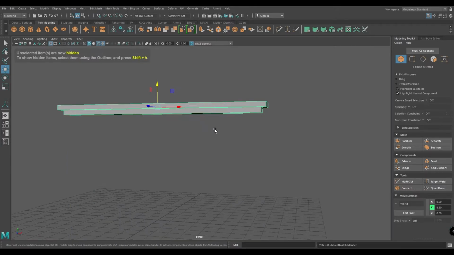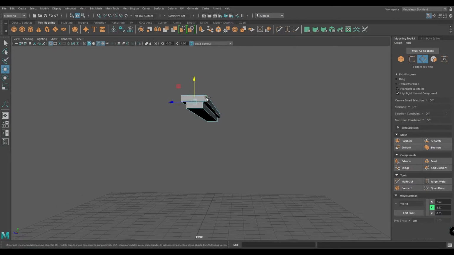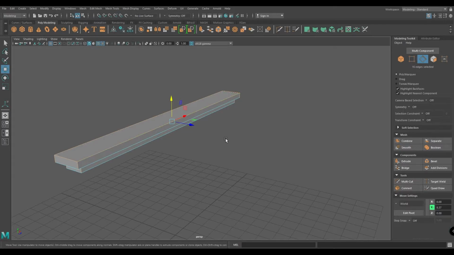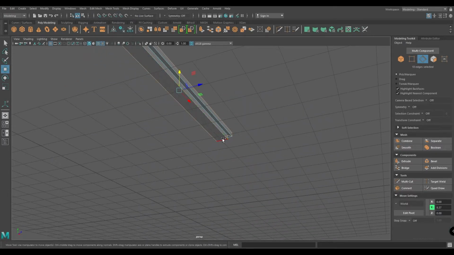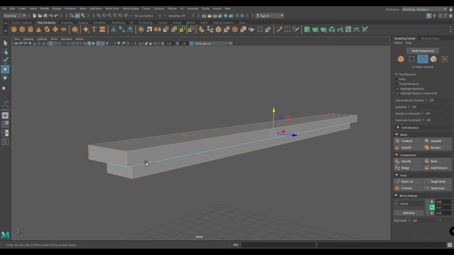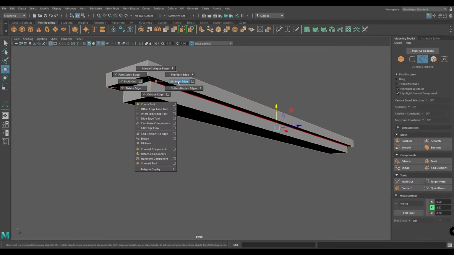Now press Alt H to isolate this. Select all these corner edges and these top and bottom edges as well. And now add a bevel.